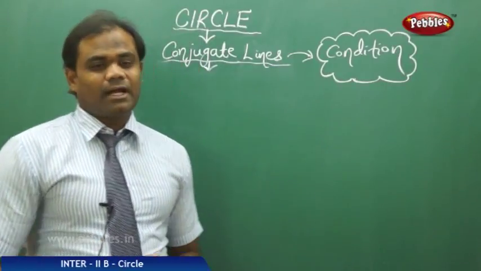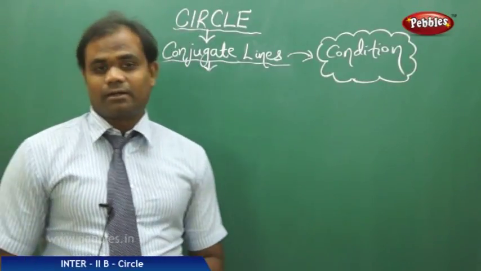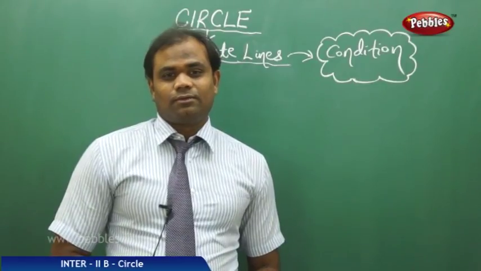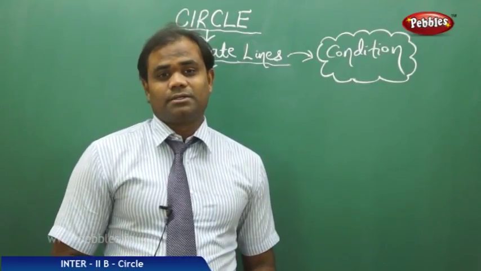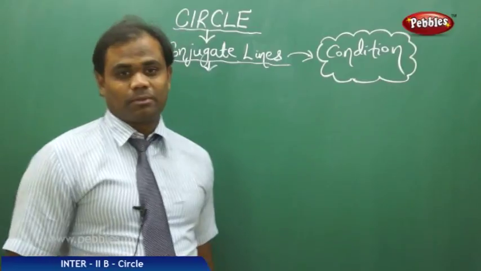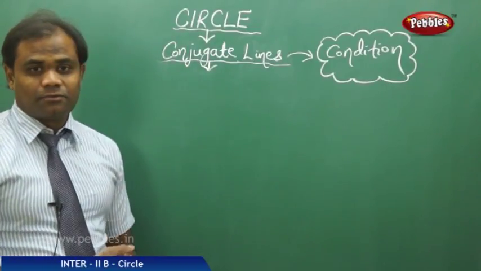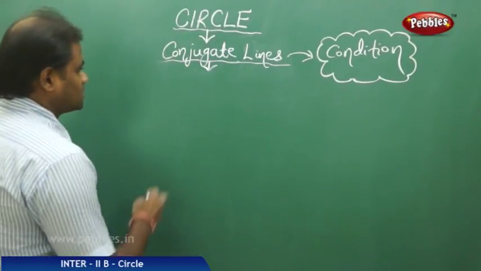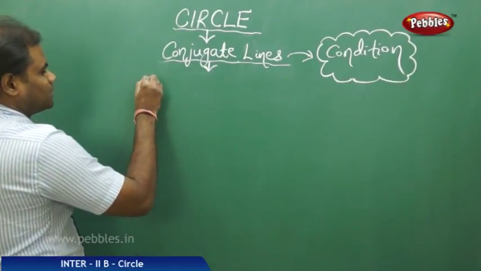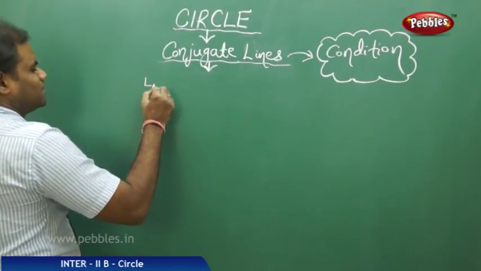Now next comes the condition for existence of conjugate lines. When do we say the two lines are conjugate is the biggest question of the topic. So let's see the condition for existence of conjugate lines. Suppose I take the two lines